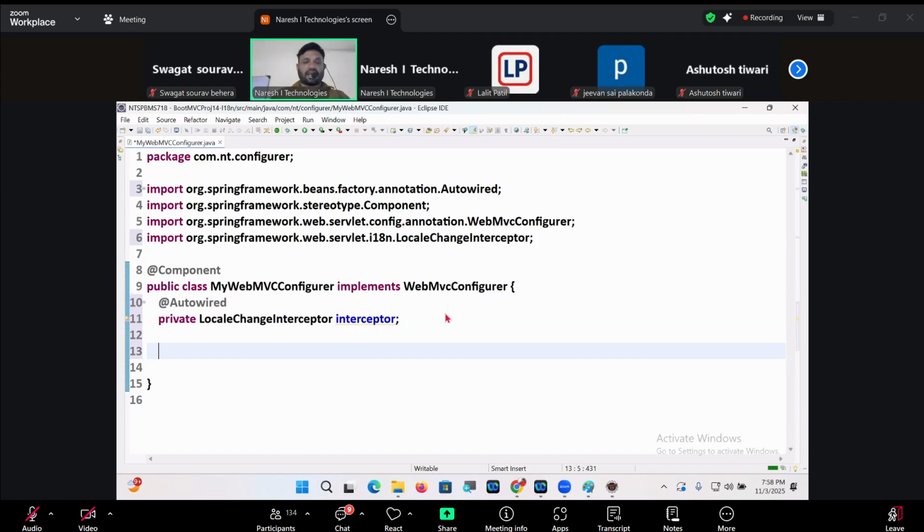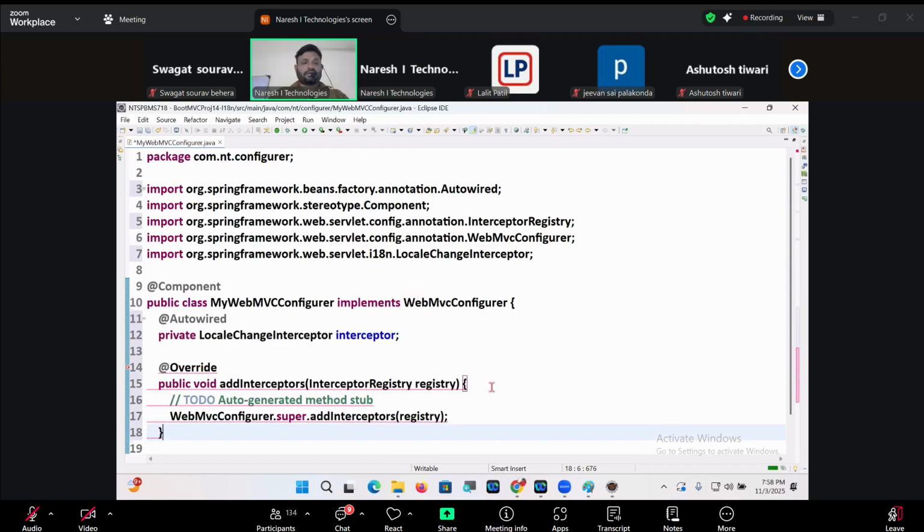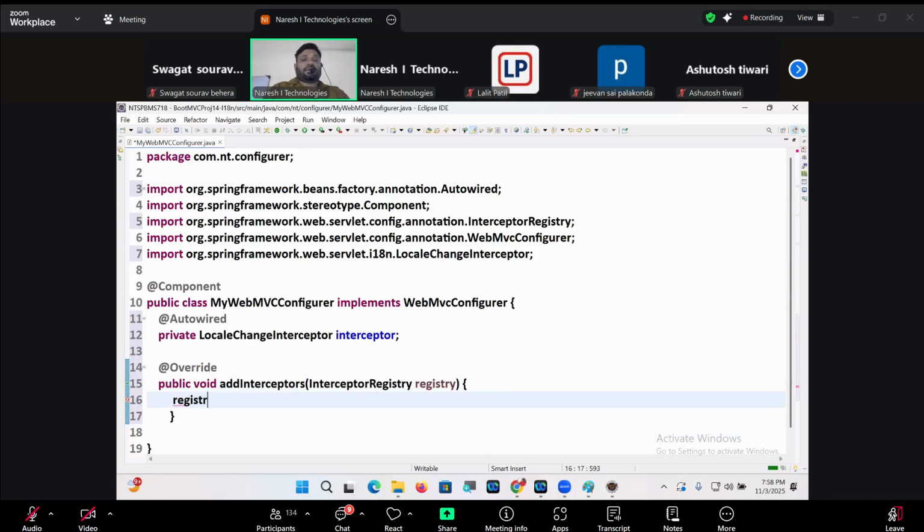What, guys? Add interceptor registry. Registry dot add interceptor. Is that clear, my dear? Come on.